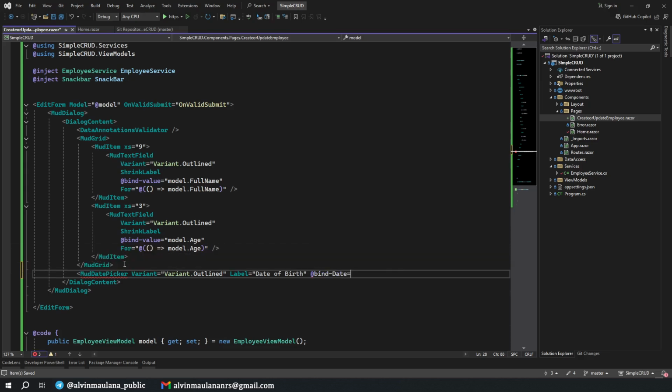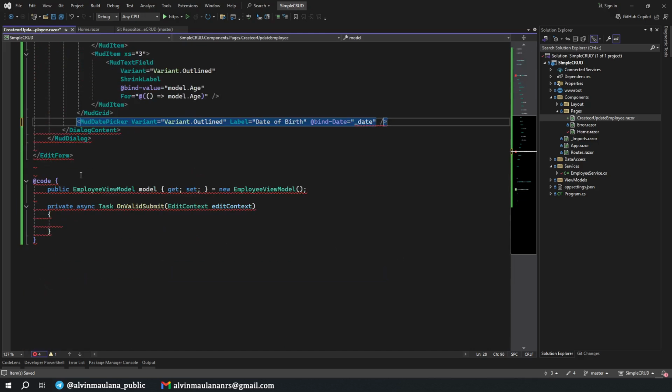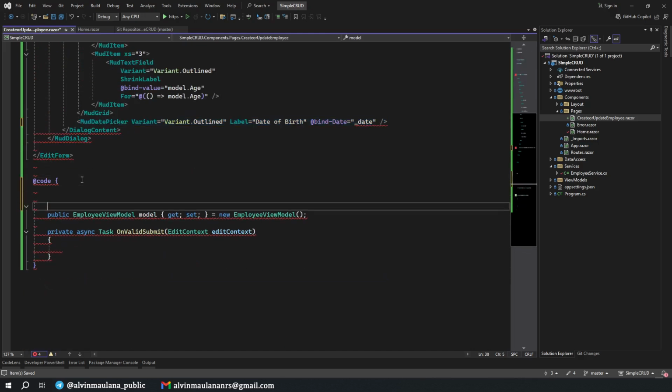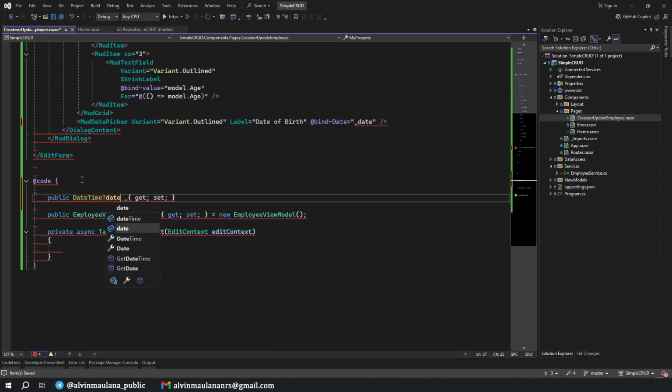Now for this one we cannot directly assign the model value. It's not recommended, as we see. So we need to have another property for this. Property DateTime, nullable, label for date.